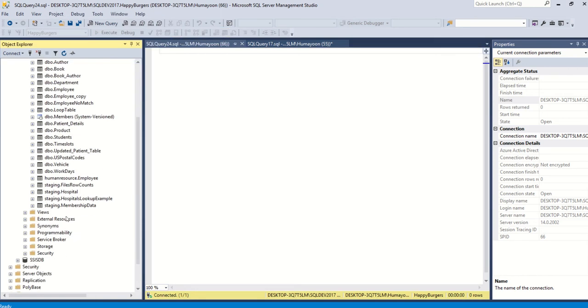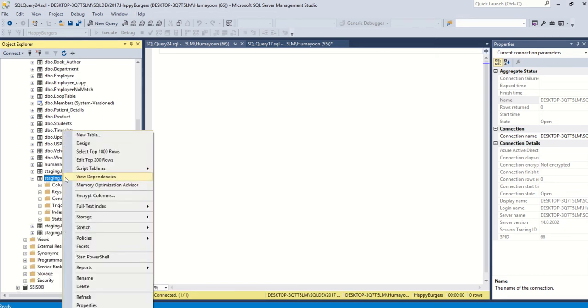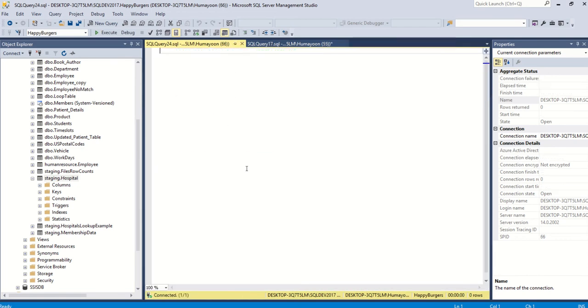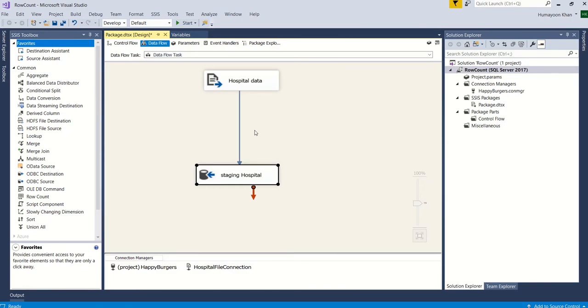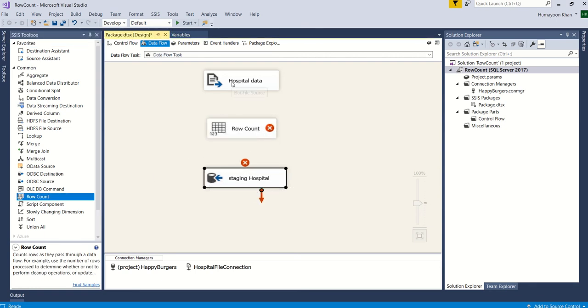So if we go and see it here, it is here. Columns that we created, but there is no data in there yet because we have not executed the package. So let's see. In order to capture the row count, let's disconnect this first and put a row count transform in between this here. So let's do this and this,